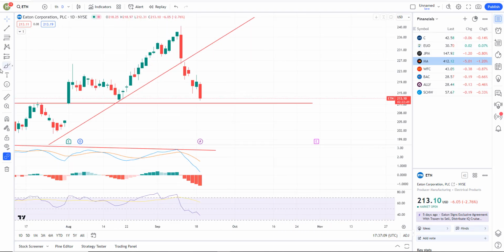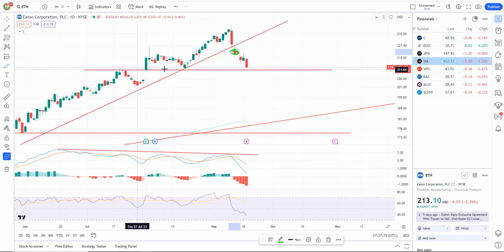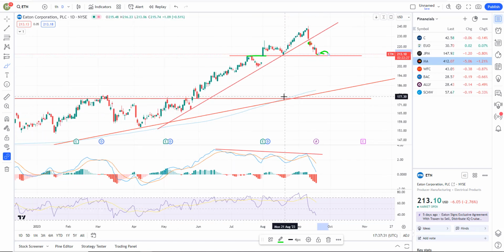ETN, this one was covered as a sell signal a couple days ago. We basically broke down right there from your bullish trend. Falling more today, down almost 3%. Coming into some support right in here at about 211.32. So maybe a bounce here, maybe not. It's hard to say. I'd put decent probability we probably consolidate here, maybe get a small bounce, and then continue